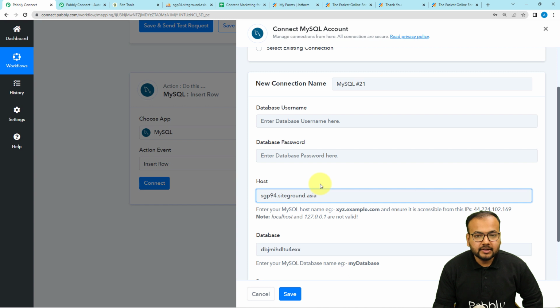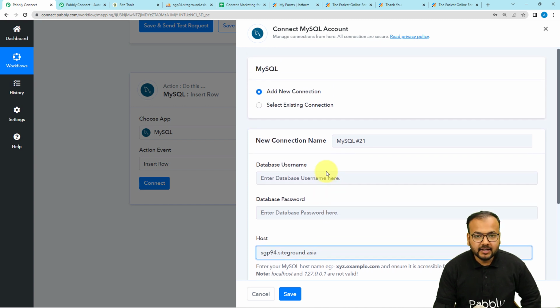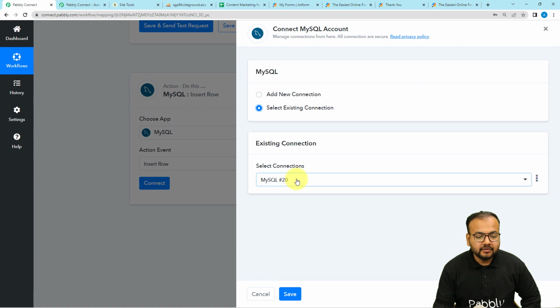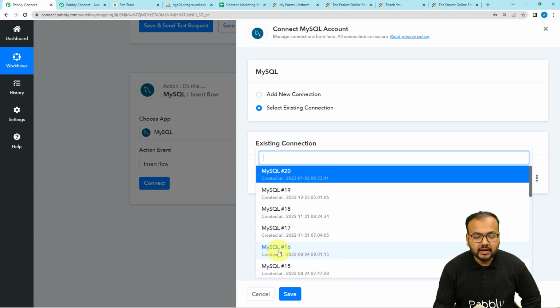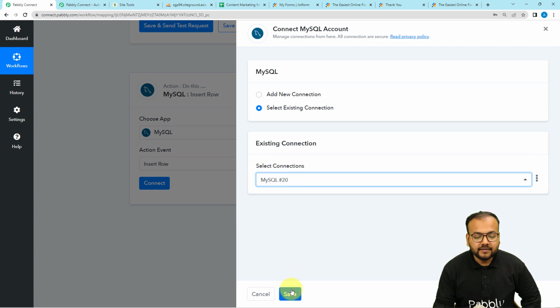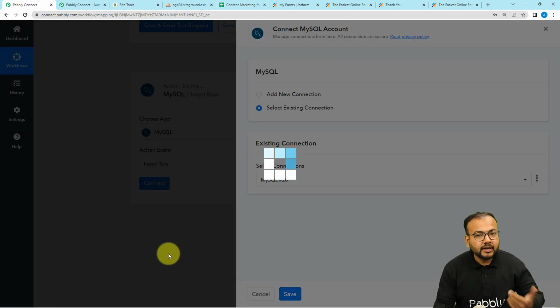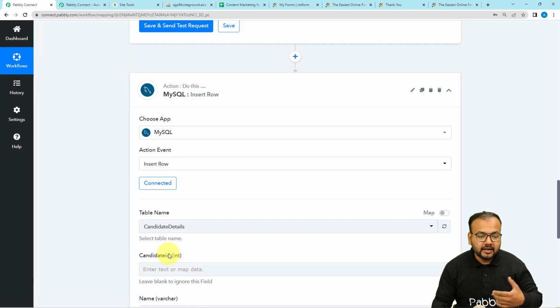So once you make your connection and it will be saved, next time if you want to make the connection again with MySQL in the same workflow or in a different workflow, you can use your saved account connections. Okay, so as I have already connected with MySQL many times, I'm going to use my saved connections. For that, you just have to select this existing connection option. Okay, and it will show you the list of all the saved connections that you have. From here you can choose any one, and after that you just have to click on save and you will be